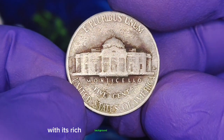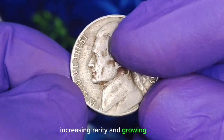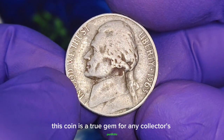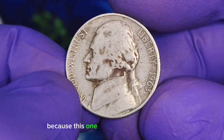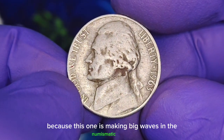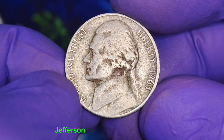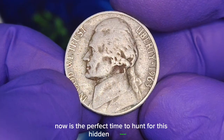With its rich background, distinctive features, increasing rarity, and growing value, this coin is a true gem for any collector's portfolio. Don't underestimate the power of a small coin, because this one is making big waves in the numismatic world. If you haven't added the 1963 D Jefferson nickel to your collection yet, now is the perfect time to hunt for this hidden treasure and be part